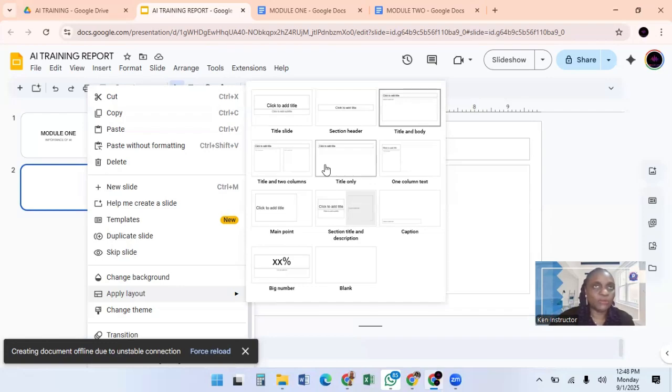So you now think of how many slides am I going to have? How do I want it to be? So I'm going to talk about maybe modules. We have 6 modules, for example. So I know I'm going to have 6 slides and maybe a thank you or an intro slide. In this second one, I may want it to look like the first one, so I can choose exactly what we had. You can see the different names of the layouts: title slide, section header,